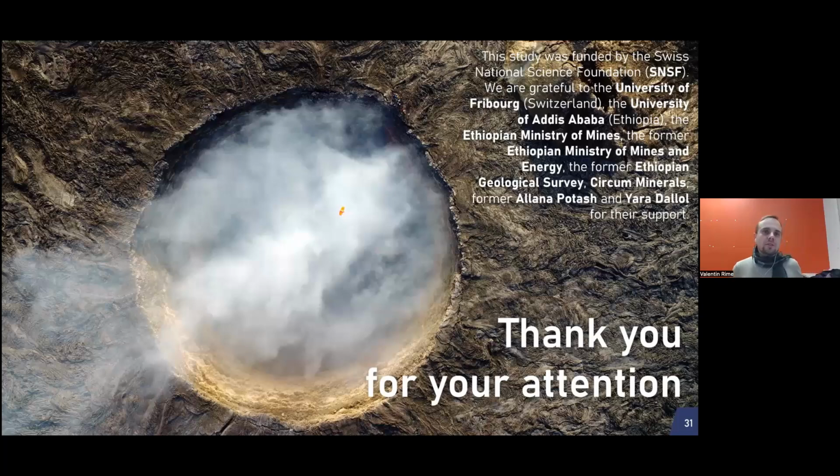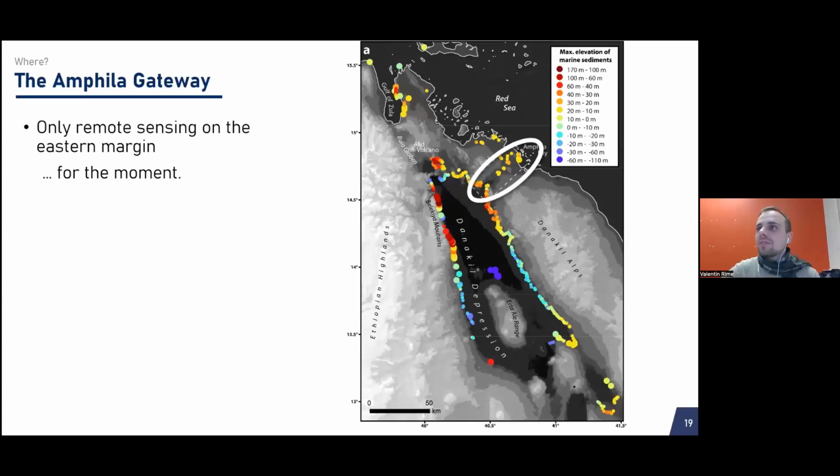Yeah, so there are tons of marine organisms. The problem is that, maybe I come back to this slide, there is a border between the western margin and the eastern margin. The western margin is in Ethiopia, and that's where we worked. And the eastern margin and the Gulf of Zula is in Eritrea. At the moment, we're working to get the permit to go there. And of course, if we go to the field, then it's much easier to do this kind of survey,